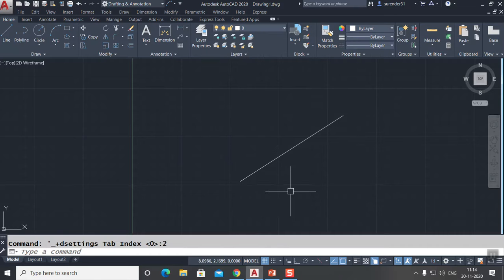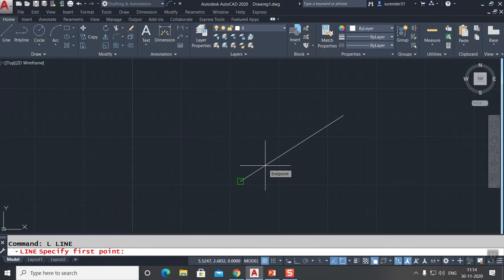Now the OSNAP mode will not appear directly because you are not using any command. First you need to type the command, and only then will the OSNAP mode appear for you. Now you place the cursor on the object. Now you are seeing the endpoint, and if you place the cursor near this endpoint it will appear, and if you place the cursor near the midpoint, the midpoint will appear. Now you see, I just place the cursor here.